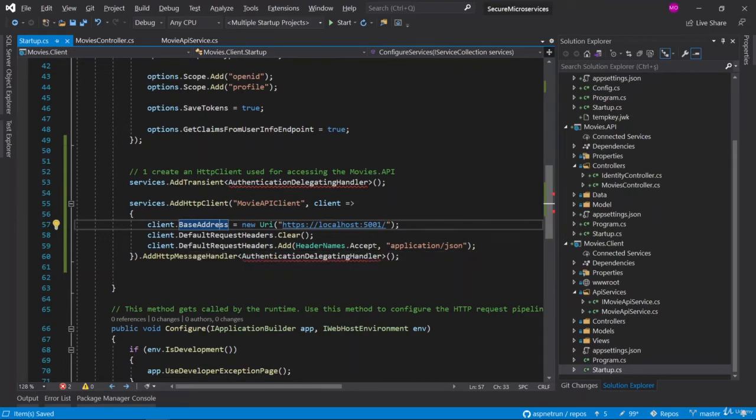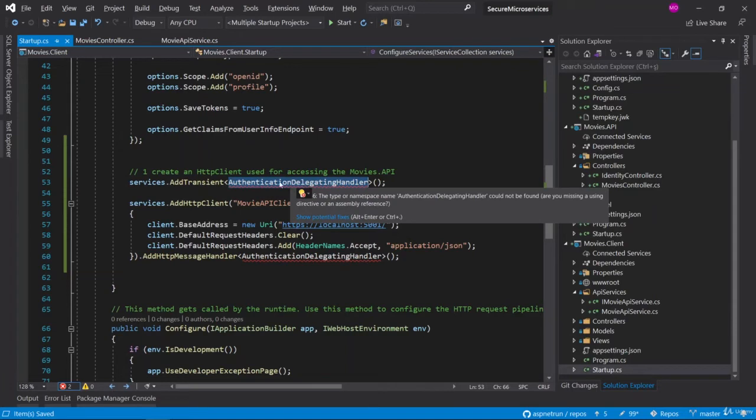After that, I will give some additional configuration that you can use or not. Another thing is the authentication delegating handler. We added the HTTP message handler for intercepting HTTP requests in order to get the token and add it to the authorization header. By this definition, every HTTP request is intercepted by our message handler class. So that's why we are creating a new message handler class, which is named AuthenticationDelegatingHandler.